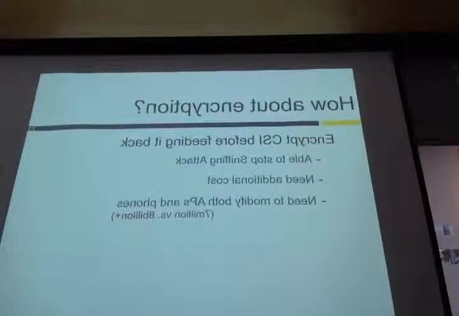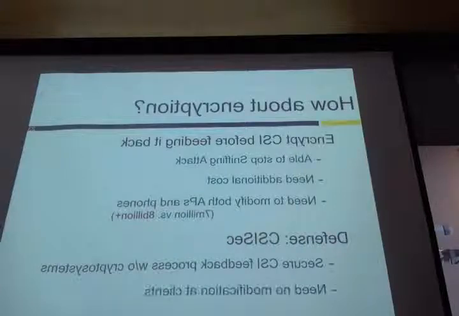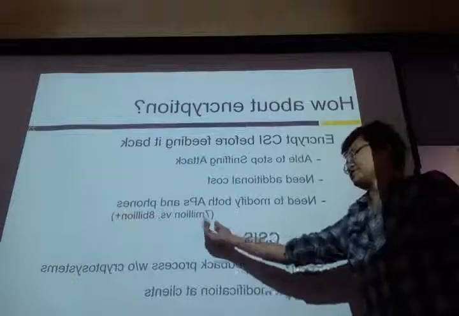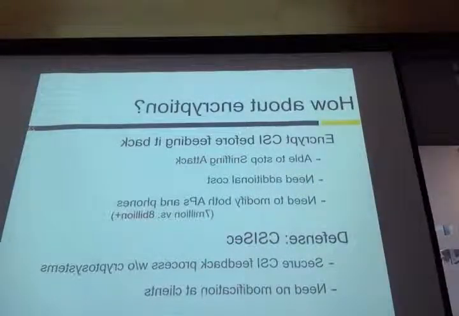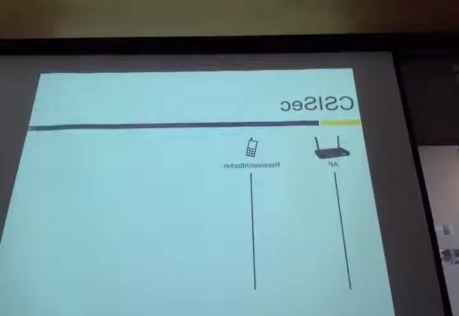Okay, so in contrast to this with so much overhead, our idea is to propose a way called CSI sec to prevent the CSI forgery attack with minimal overhead. How to do it? CSI sec secures the CSI feedback process without crypto systems, so no overhead here. And we only need a modification at the AP rather than all clients. So that's a significant saving because it's 7 billion versus 8 billion more. How can we do it?